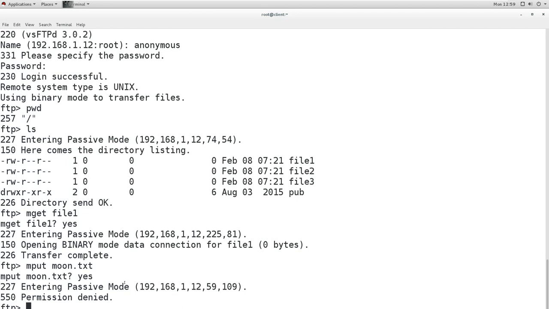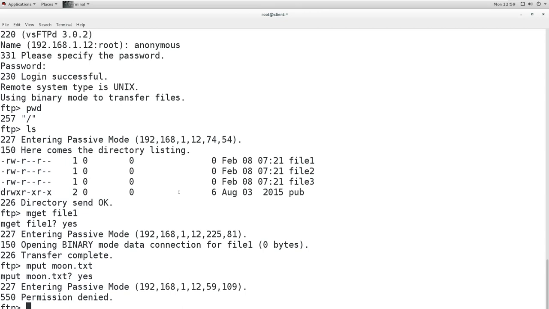Now what happened here? It is saying permission denied. Why is it saying permission denied? Because we logged in as an anonymous user. Always remember, when you log in as anonymous, that means you are logged in with no user. Anonymous means nobody.